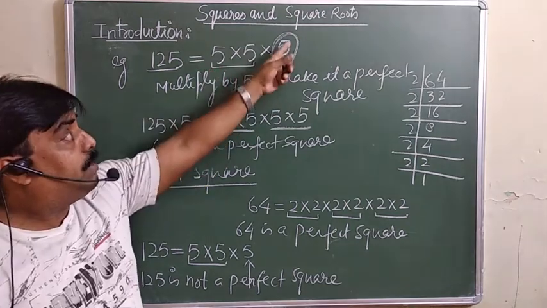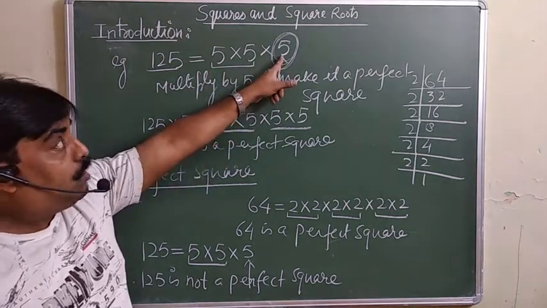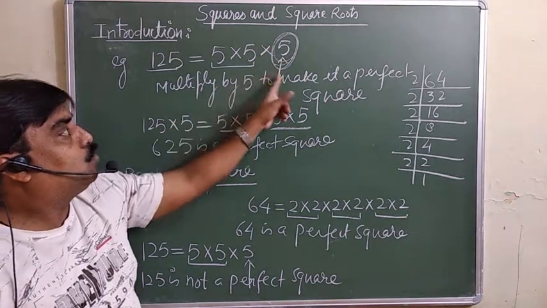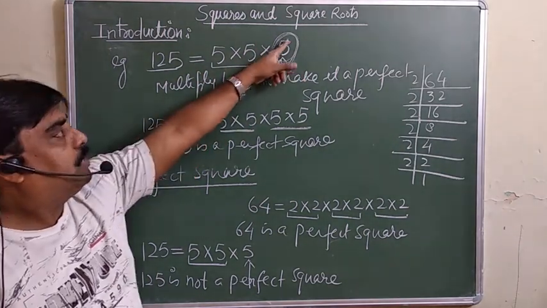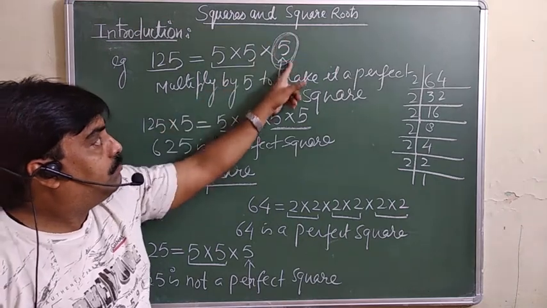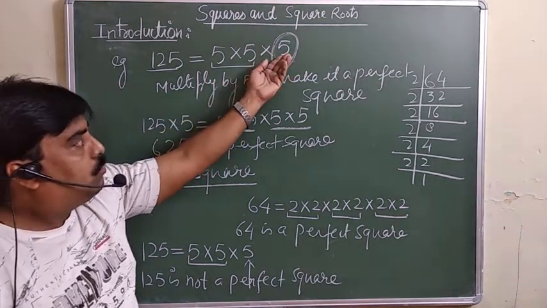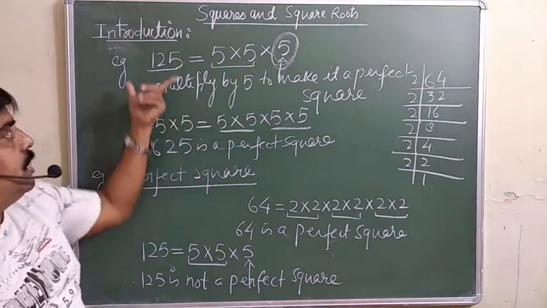अगर क्वेश्चन बोलता है कि भाई which number we should multiply, तो जो नंबर alone है उसी से डिवाइड कर दीजिए. They can ask by which number we should divide to make it a perfect square. तो अगर डिवाइड का बोलता है तो उसी नंबर से हम डिवाइड कर देंगे जो नंबर हमारा पेयर में नहीं आ रहा है. So here is only one number, so divided by 5 you will get the perfect square.